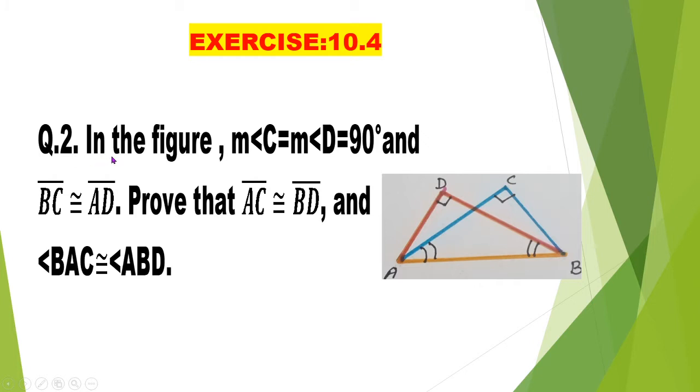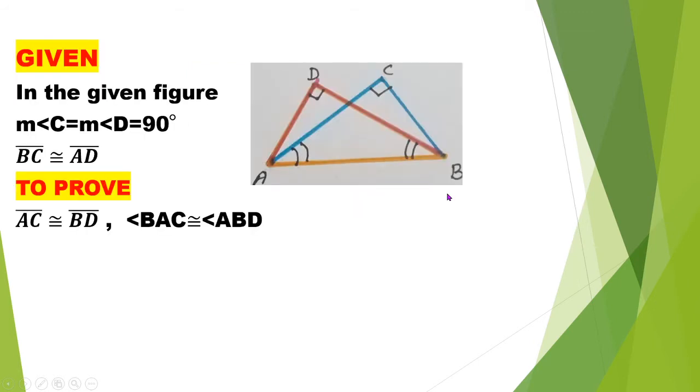And the question is, in the figure, the measurement of angle C is equal to the measurement of angle D. These two angles are equal, and side BC is congruent to the side AD, and we have to prove that the side AC is congruent to the side BD, and angle BAC is congruent to the angle ABD. So according to the given in this diagram,